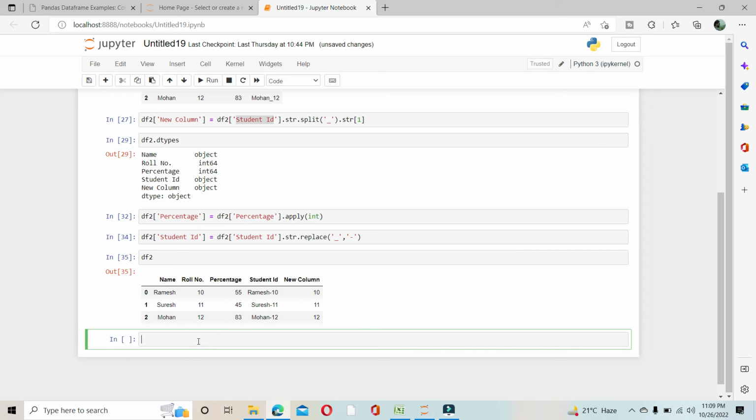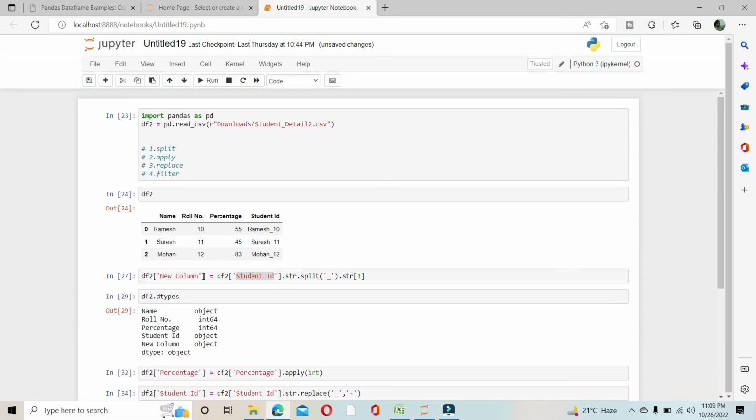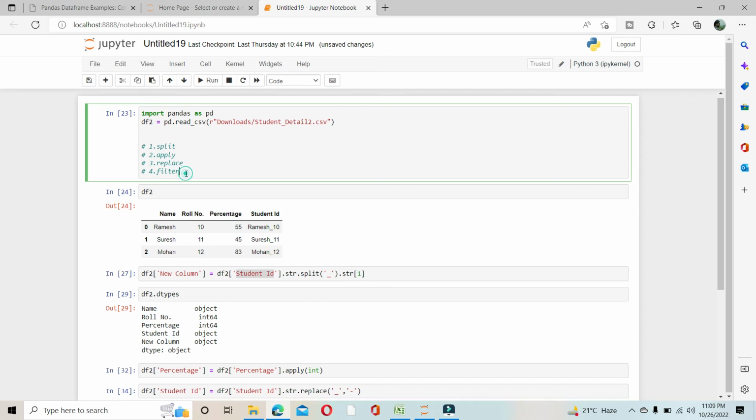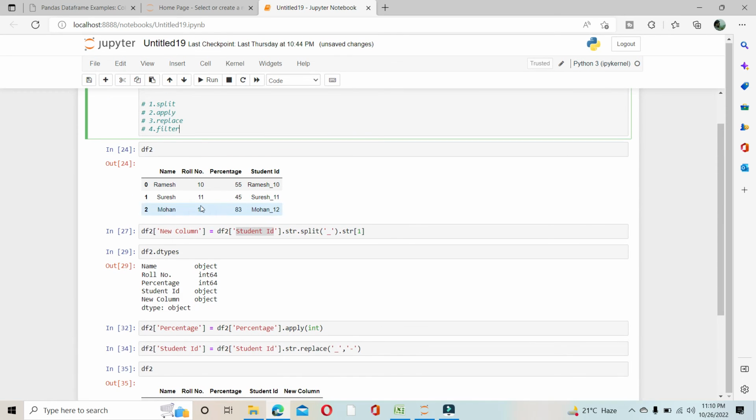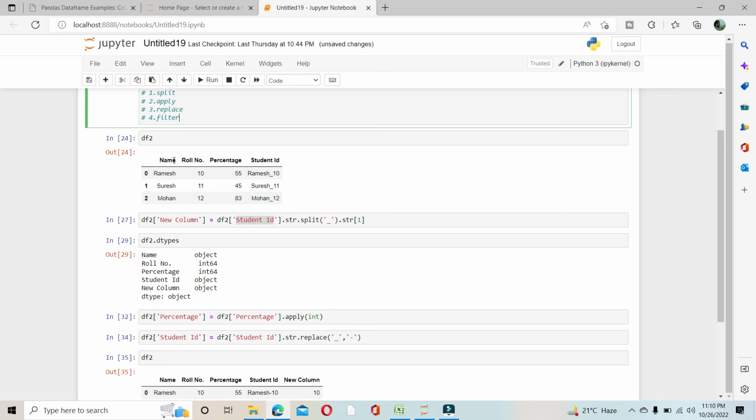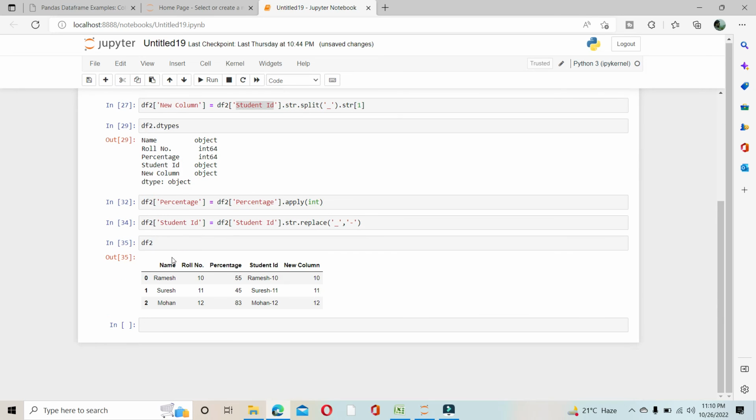Now I will come to the fourth part, that is the filter function. What does the filter function exactly do? It rearranges the columns as per your choice. Suppose first we are getting name, then roll number, then percentage, then student ID. If I use the filter function, df2 is equal to df2 dot filter,